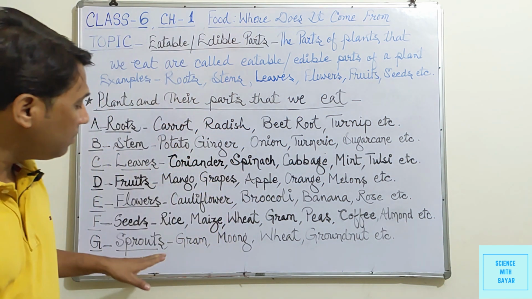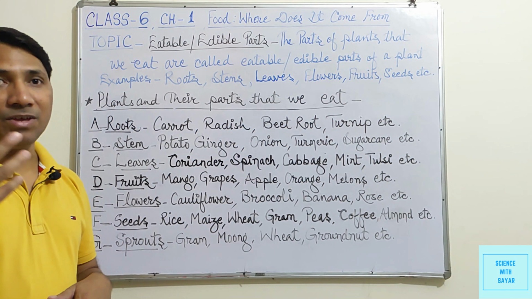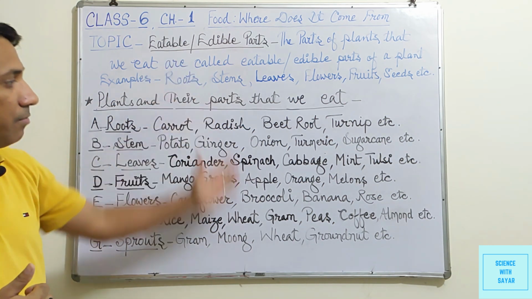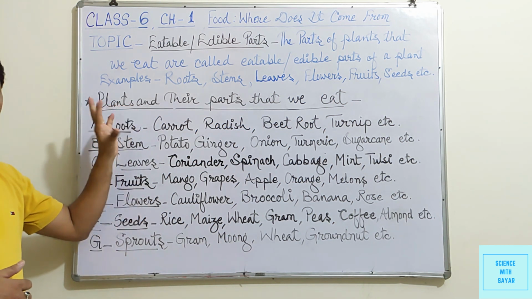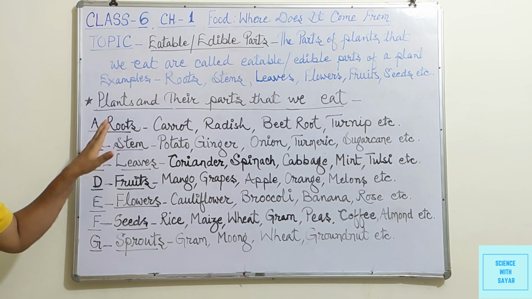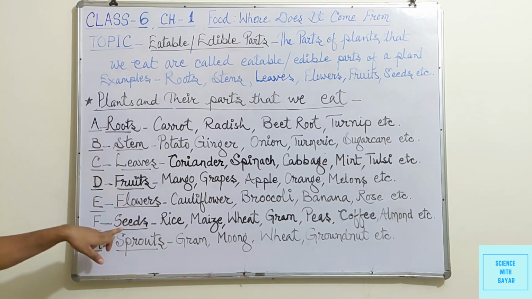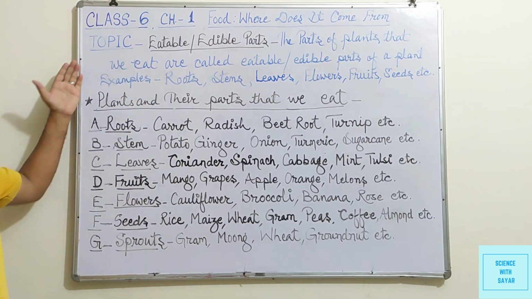We use them as sprouts, as salads, and we can take them as a meal, etc. So we have studied that in different plants we use their parts as edibles: roots, stems, leaves, fruits, flowers, seeds, sprouts, etc. Now you can take the screenshot. Next topic,